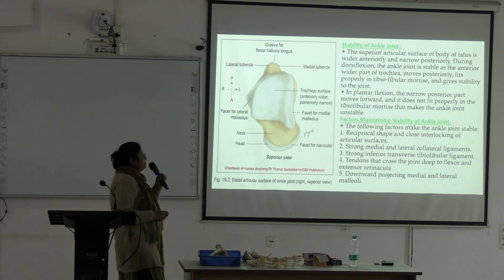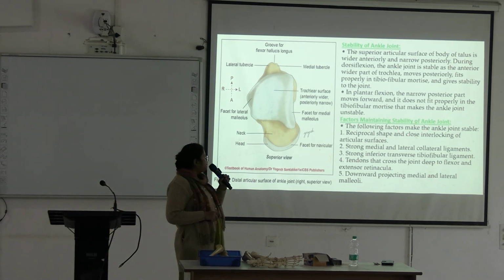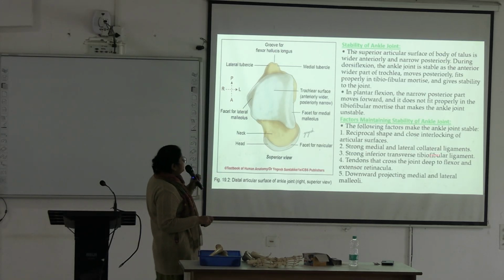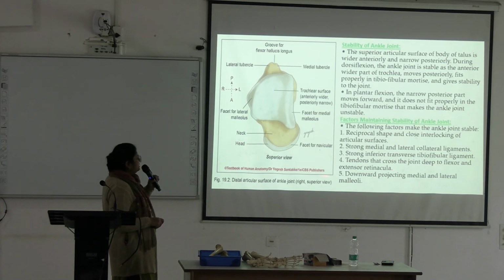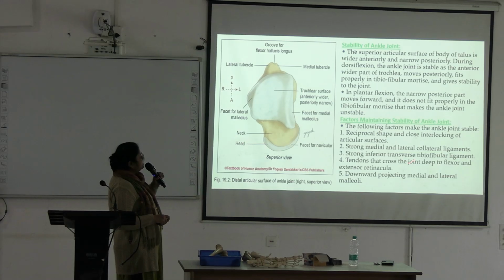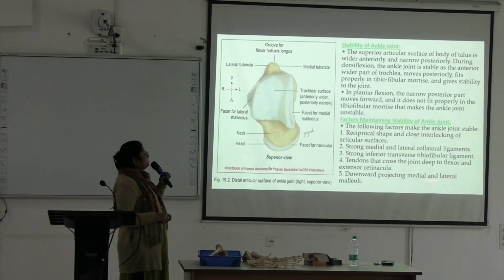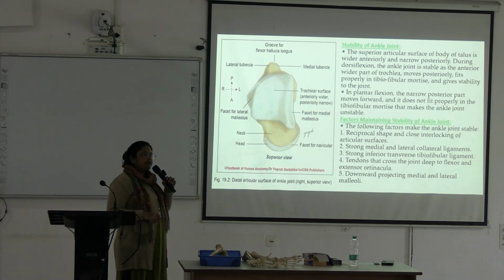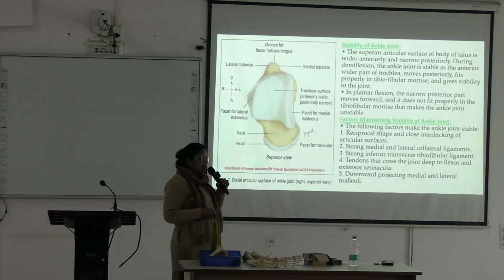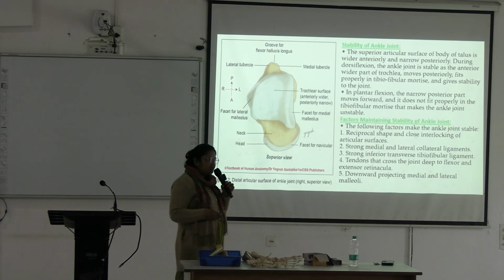Reciprocal shape and close interlocking of the articular surfaces, strong ligaments, medial and lateral collateral ligaments, strong inferior transverse tibiofibular ligament, and tendons that cross the joint deep to the flexor and extensor retinacula, and the downward projecting medial and lateral malleoli. All these factors help in stability of the ankle joint. If there is disturbance in these factors, there is a chance of dislocation at the ankle joint